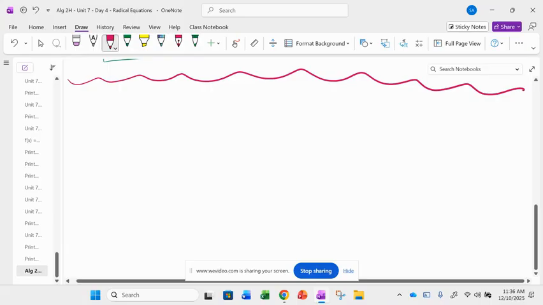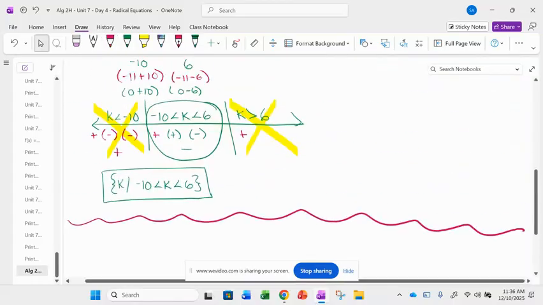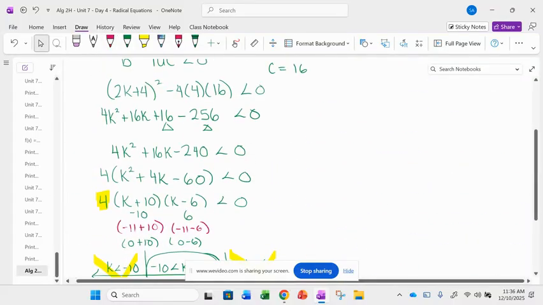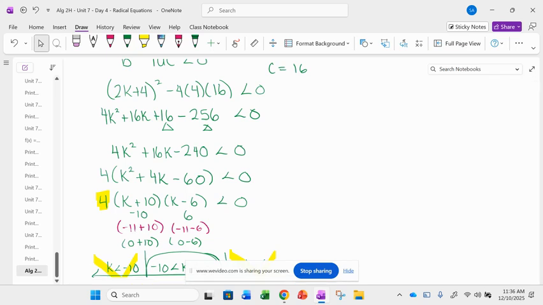Yes. Can you go back to the step where it was 4k squared plus 16 minus 256? Could you not have just added 256 on both sides and saw that that was a square root? You could. So you could have absolutely done this. But it was easier recognizing that this was a quadratic this way. So if you left it at this,